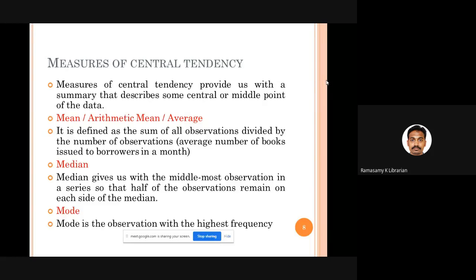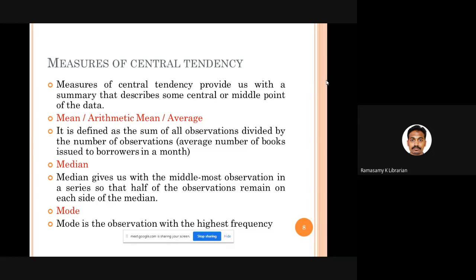Okay, that is mean. Then comes median. So median tells you what is the middlemost observation in the series. So that median helps you to divide your data into two halves. Left side, right side, you can have an equal number of frequencies lying on both sides of the median. So median gives you the middlemost observation.